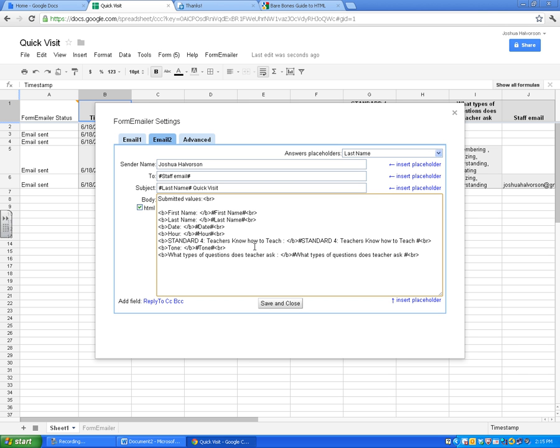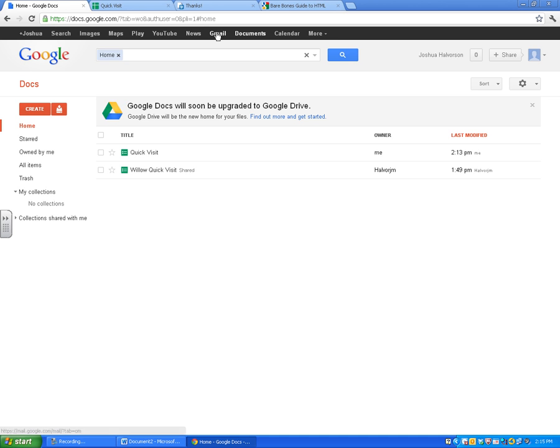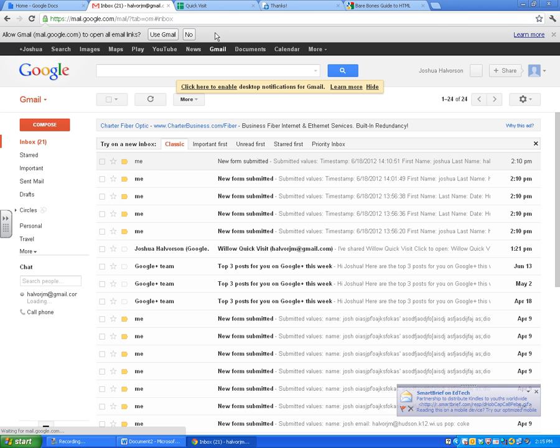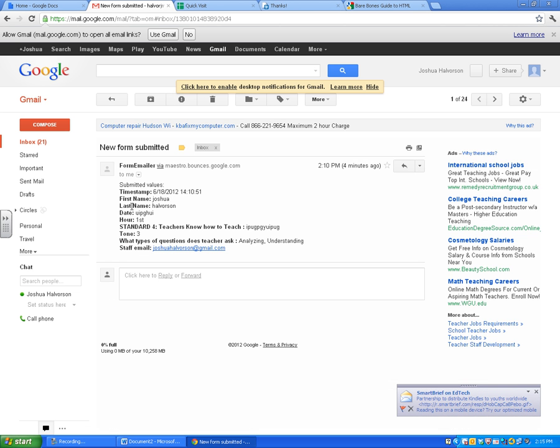Other things that we can add on this are these B's and no B's. If we go back and look at the email, I'm going to go back to Gmail here so we can see what it looks like. B stands for bold, so you can see how the bold is there, and then you take it off again so you can kind of see what's going on. That's something you can add or keep or take off. Something else I might want to put on here,